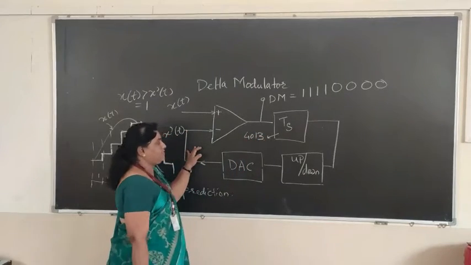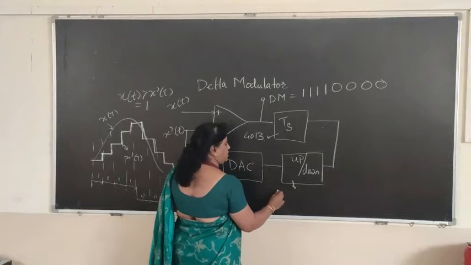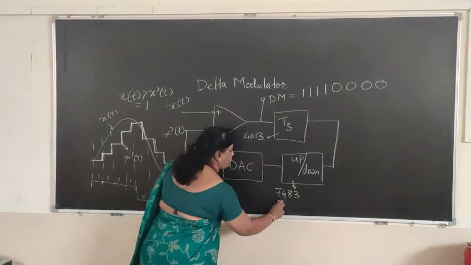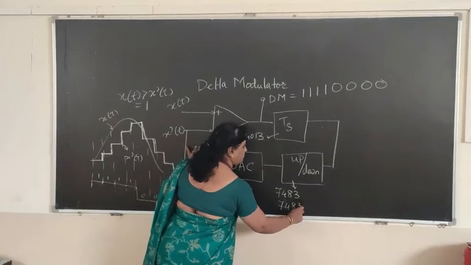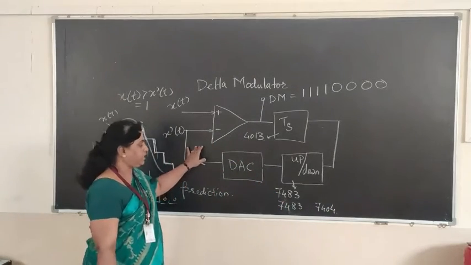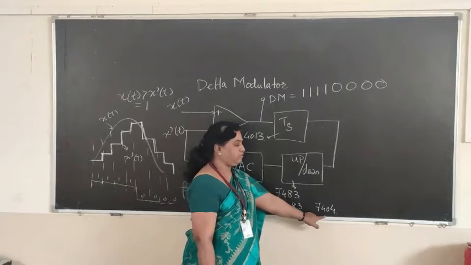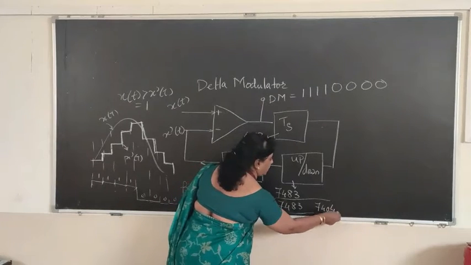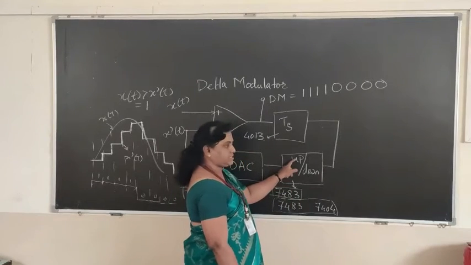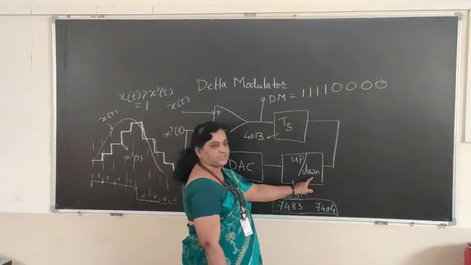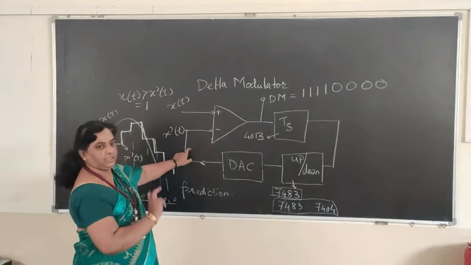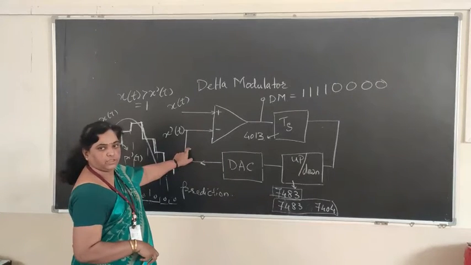As a delay IC, we are using a 7483 as an adder IC. 7483 used with 7404 is a subtractor. What is 7404? A NOT gate. So adder is nothing but inverted, and hence this part is nothing but a subtractor. This is nothing but an adder. Adder acts as an up counter, subtractor acts as a down counter. So the same working we will now look at on the experimental side.